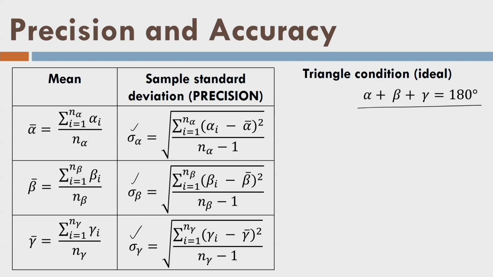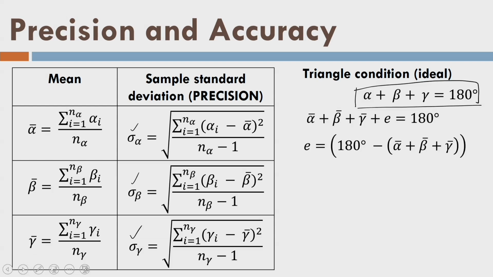So, now let us see that alpha bar has some error, beta bar has some error, and gamma bar has some error. If I put the values of alpha bar, beta bar and gamma bar in this relationship, I think this relationship will not be satisfied by alpha bar, beta bar and gamma bar put together. Okay, so I introduced something called E, and let me call this quantity E here. If I add this quantity, I will get 180 degrees.